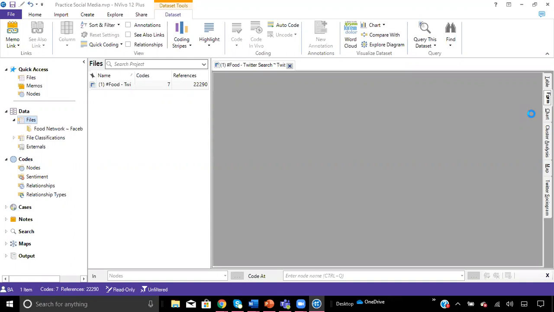This is going to create some chart options through a window where you can display different variables such as the number of references, usernames, hashtags, number of followers, and whatever variable you select. There's more chart options on the menu bar across the top.